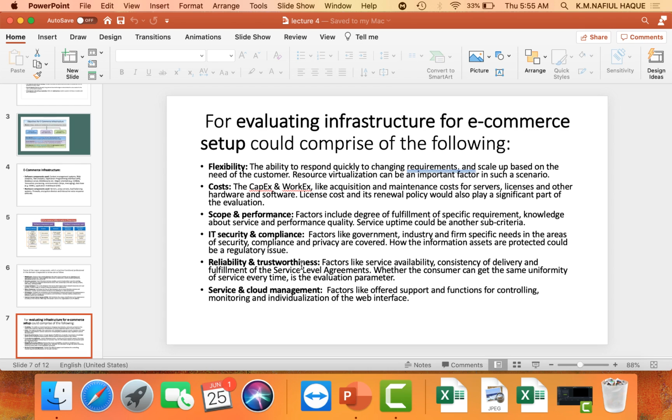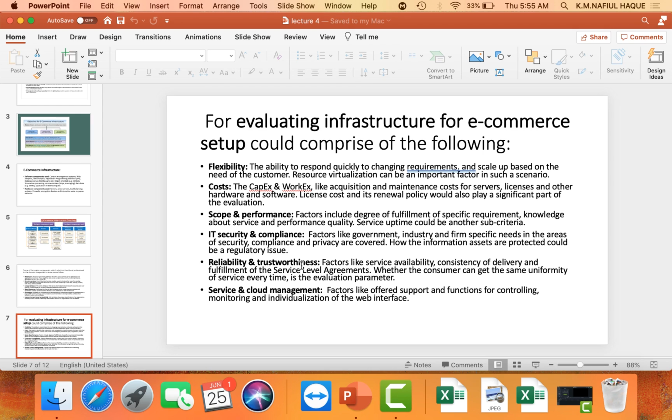Reliability and trustworthiness: how reliable your business is, like how easily you can use your debit card and credit card without having any kind of confusion in your mind, like whether this company will not steal my money. They will treat my business, or my purpose, with added value.